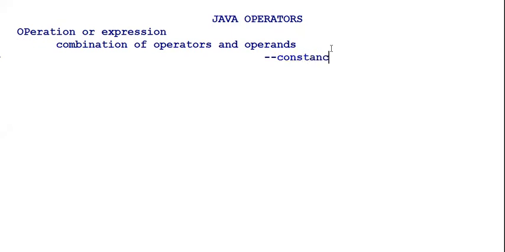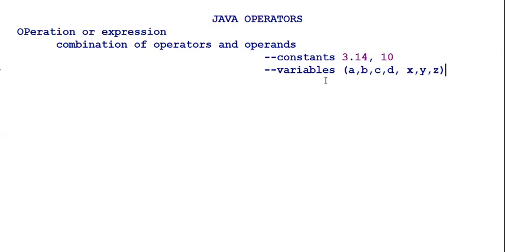The constants, or it may be variables. Variables mean English letters like a, b, c, d, x, y, z. These are called operands, and they can also be constants, which can have a value of 3.14 or maybe 10. These are all called operands.